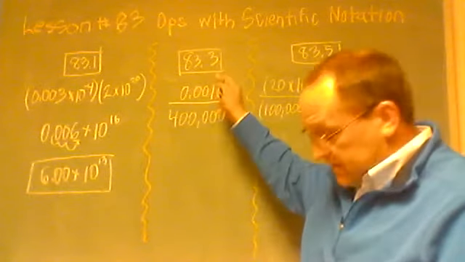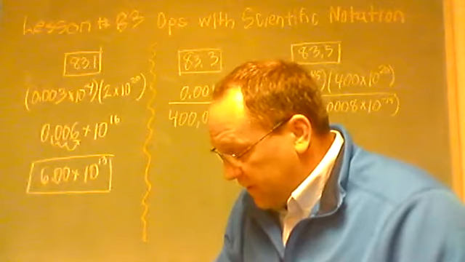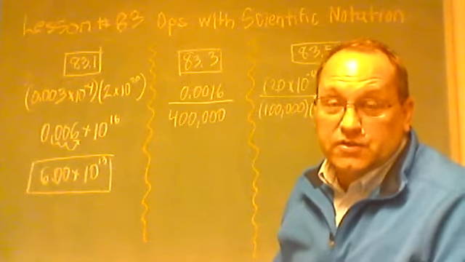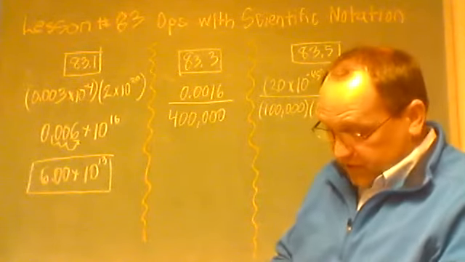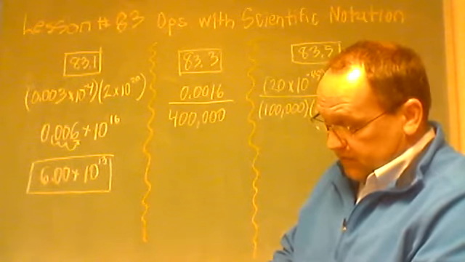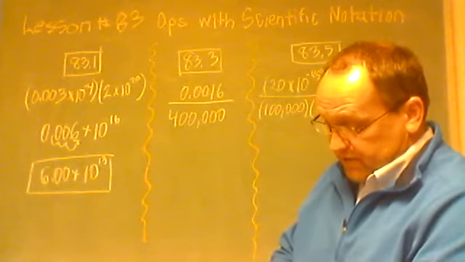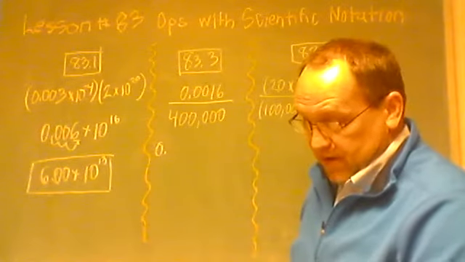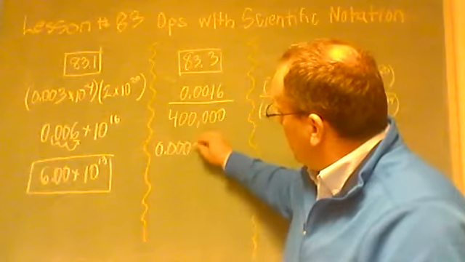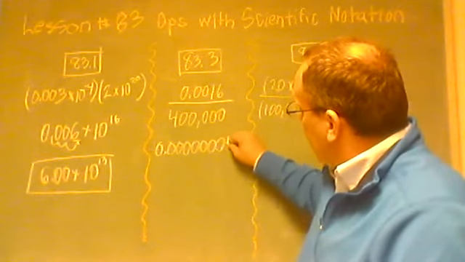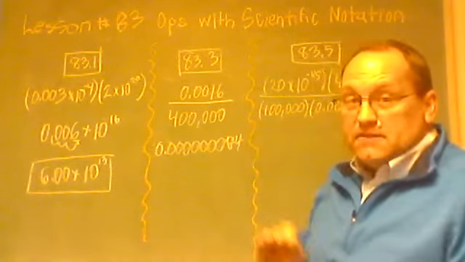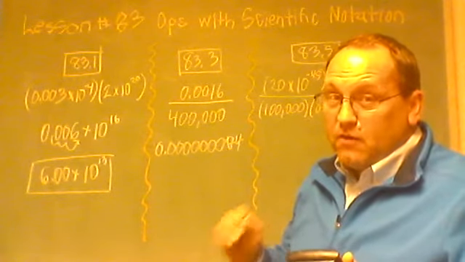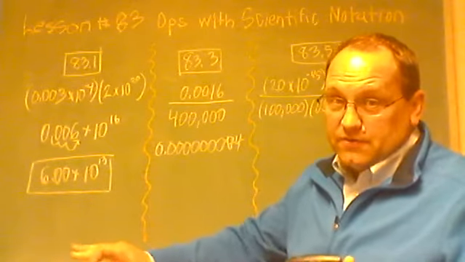Now, in this case, 83.3, and that will be the next page over on page 298. Okay, they don't give either of these numbers in an exponential or a scientific notation form. They're just numbers. Well, let's just punch the numbers in the calculator and see. 0.0016 divided by 400,000. Okay, and of course, on my calculator, what I get is a 0 point, then I get 8 zeros, 2, 3, 4, 5, 6, 7, 8, 8, and then a 4. And that's the limit of digits that can actually show on the screen in my calculator. So in my mind, I'm not quite sure if there's more that's going off the screen, but in any event,